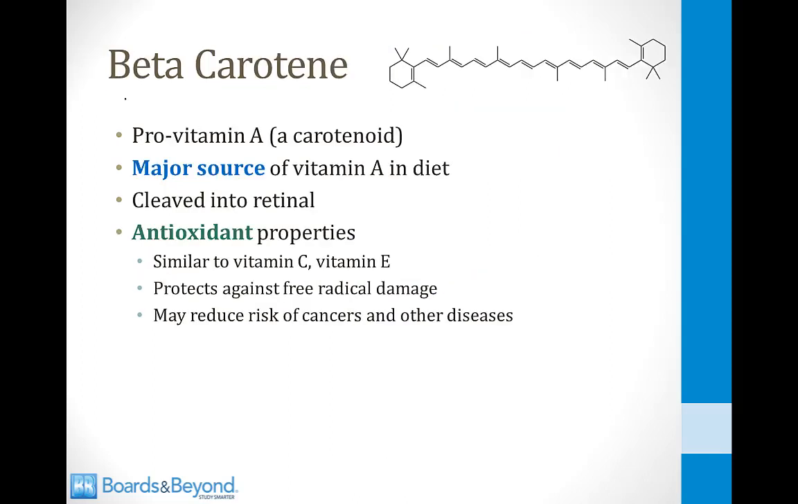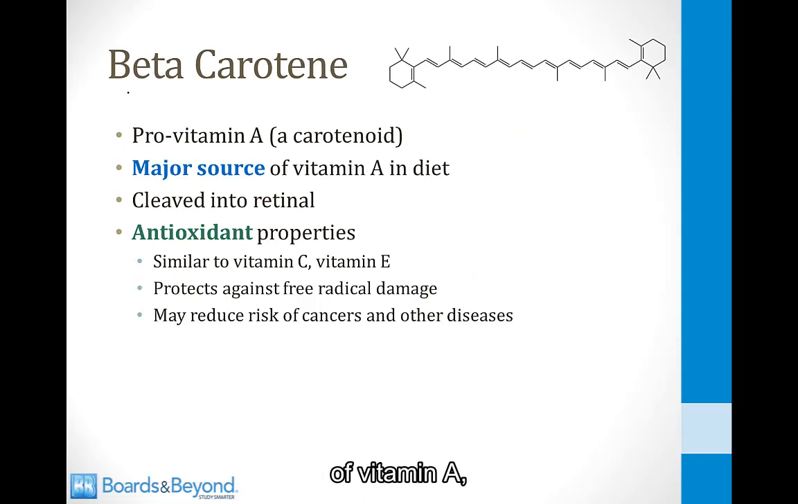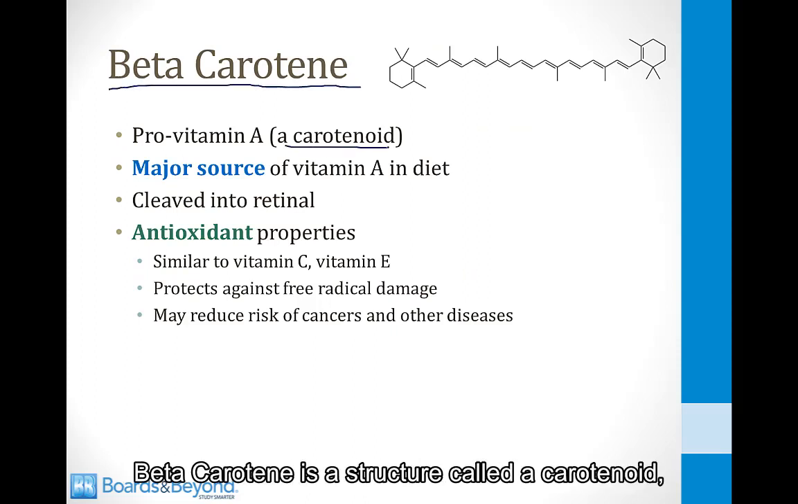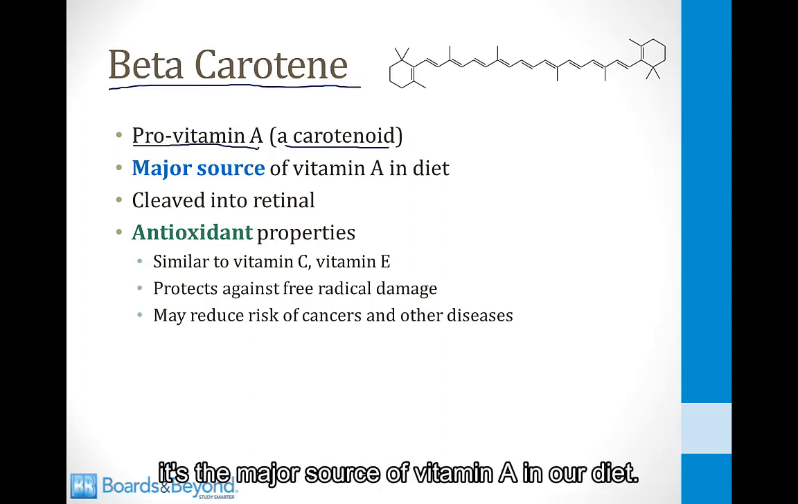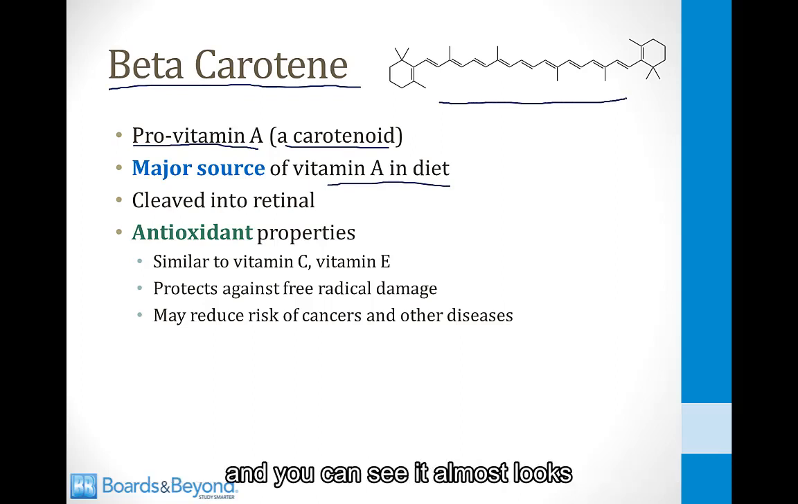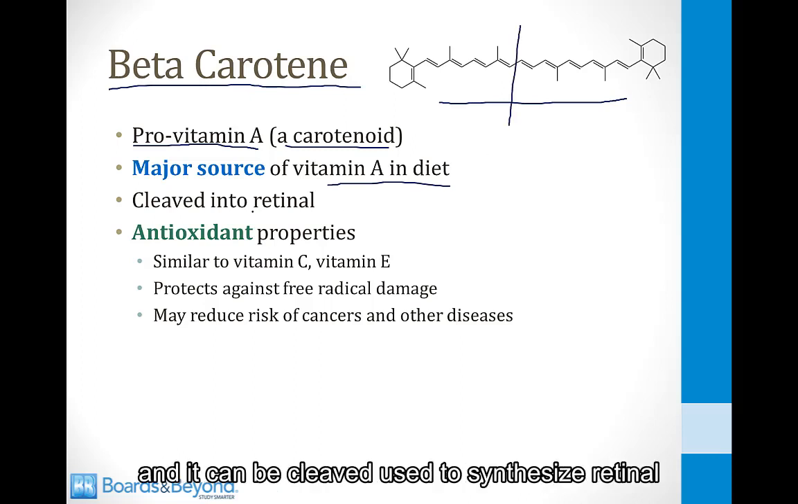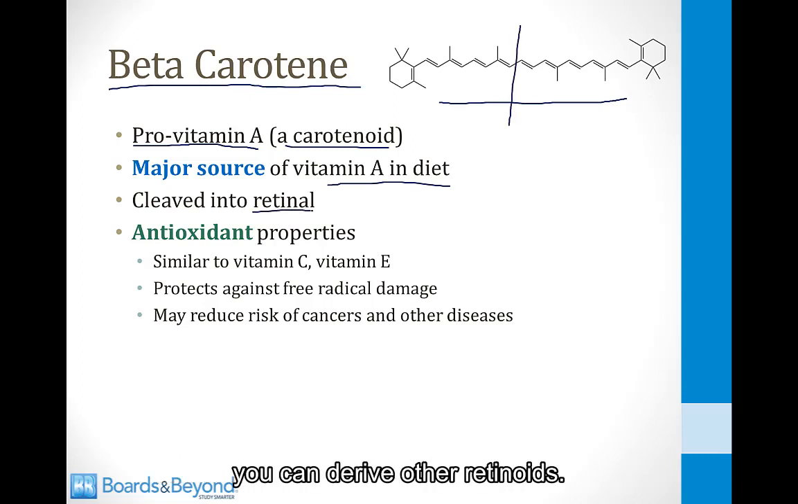acid. Before we talk about the retinoids, I want to talk about a very important dietary source of vitamin A, and that is beta-carotene. Beta-carotene is a structure called a carotenoid, and it is pro-vitamin A. It's the major source of vitamin A in our diet. This is the structure of beta-carotene on the screen, and you can see it almost looks like two vitamin A molecules linked together. And it can be cleaved and used to synthesize retinal, and from retinal you can derive other